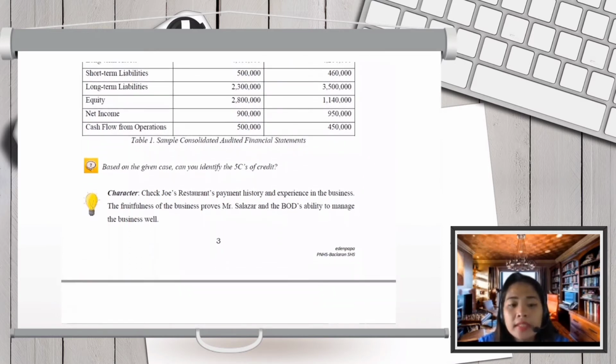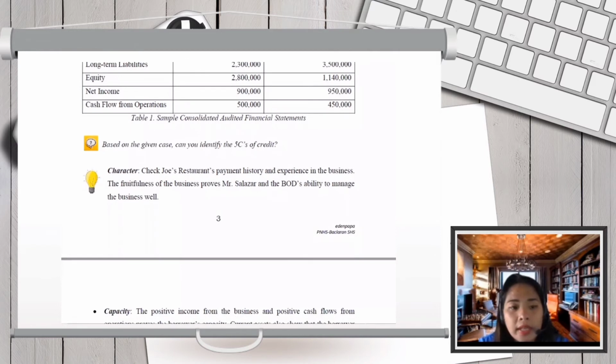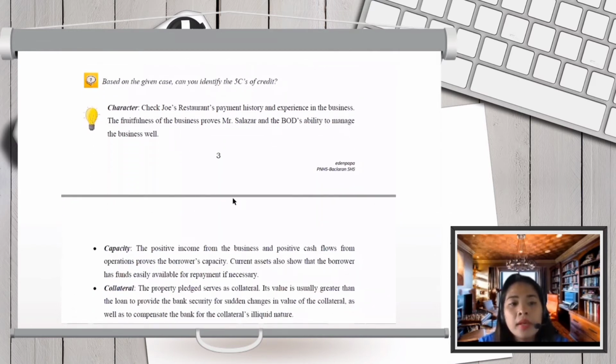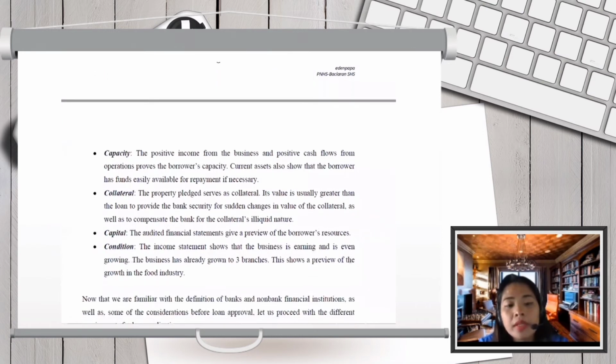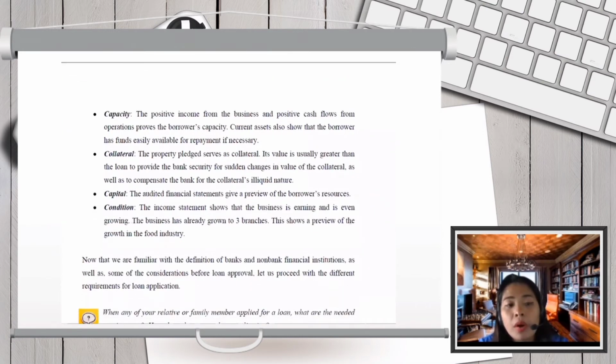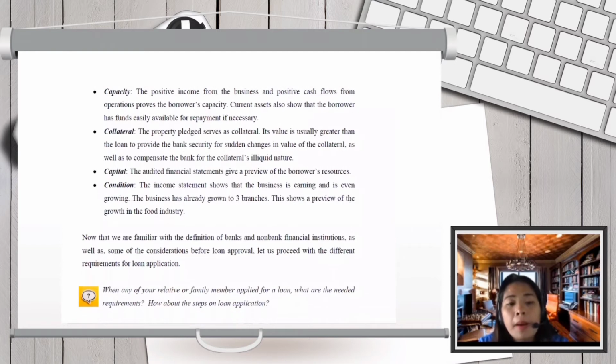So based on the given case, can you identify the 5 C's of credit? Unang-una si character. Check Joe's Restaurant payment history and experience in the business. The fruitfulness of the business prove Mr. Salazar and the BOD's ability to manage the business well. So 12 taon na ang business. So may capacity kumikita. Capacity, the positive income from the business and positive cash flows from the operation proves the borrower's capacity. Current assets also show that the borrower has funds easily available